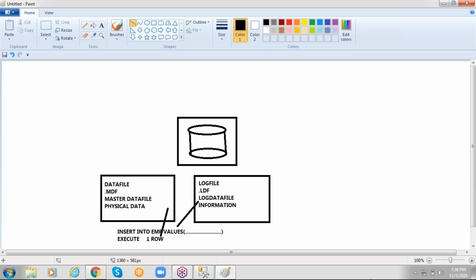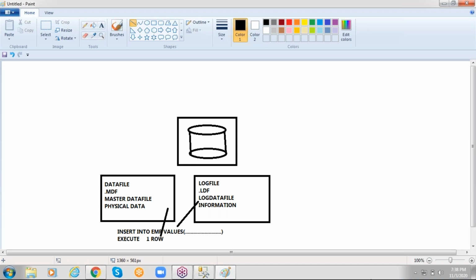Data file is important, log file is also important. I have to explain it practically, then only you can understand. That I'm going to explain in backup and restore. This week only we are going to discuss that practically so that you can understand the importance of the log file.